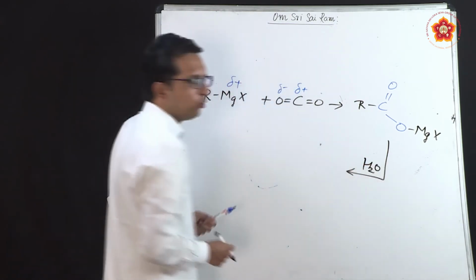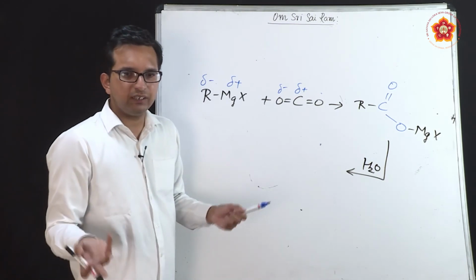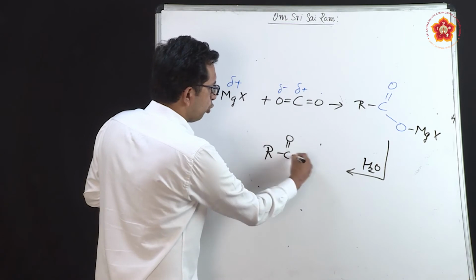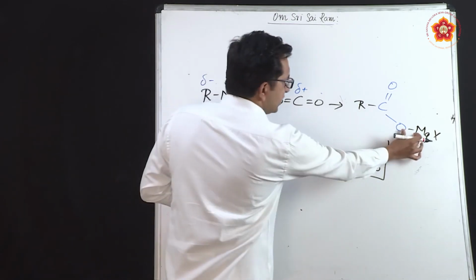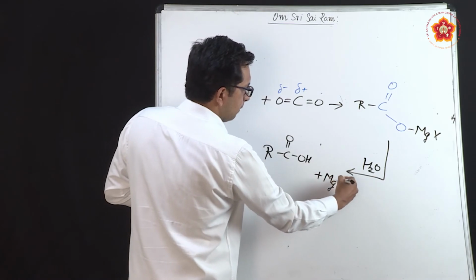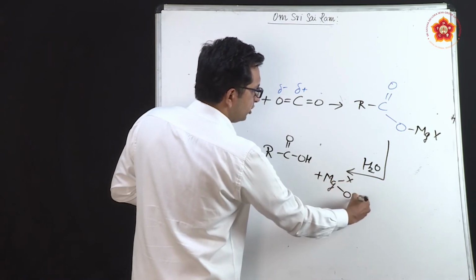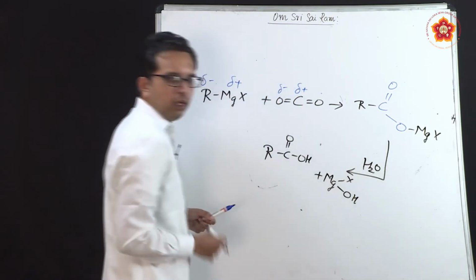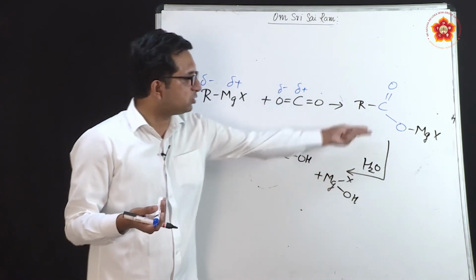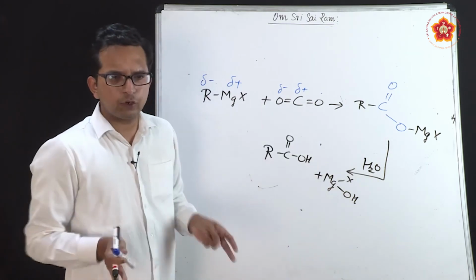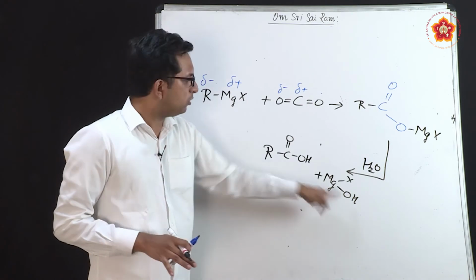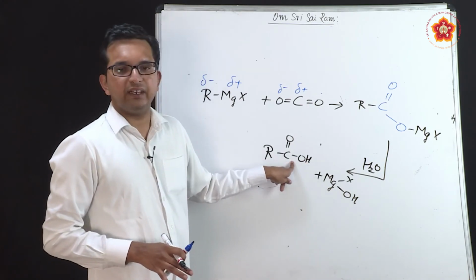So, the moment you add water, it splits into H plus and OH minus. So, what happens here? RCOO. This is the cutting part where hydrogen attaches here and magnesium, which is already in combination with X, will also combine with OH. Now, why it is combining with OH is because magnesium is a metal, highly electropositive. So, the electropositive part is combining with the negative, and H plus is coming and attacking here.